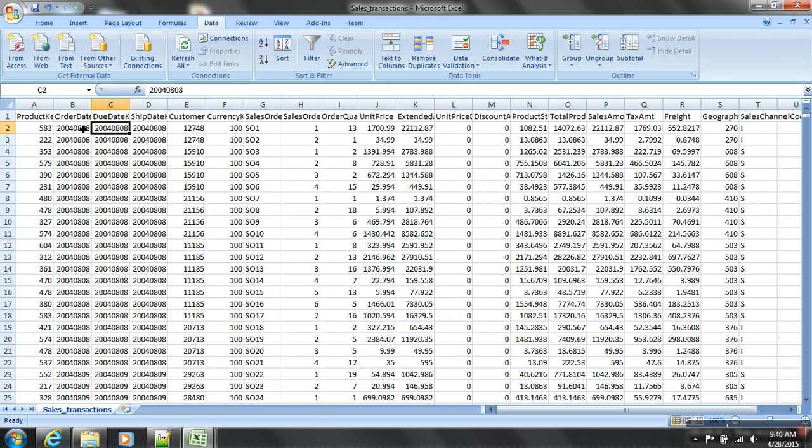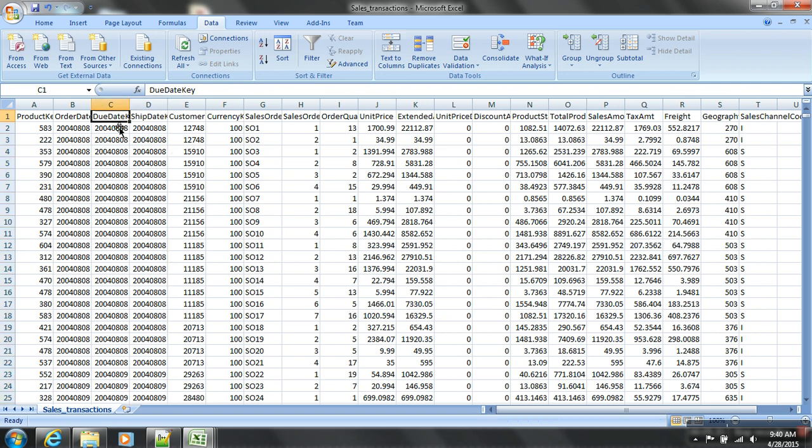But there could be a scenario where you place an order today and we are delivering it after 10 days, which is also possible. So order date tells you on which day you are placing this order, and due date tells you on what date we are due to deliver this. Okay, and ship date tells you on which date we shipped it. So can I say this is a planned goods issue date, and when we actually issued the goods is the actual.